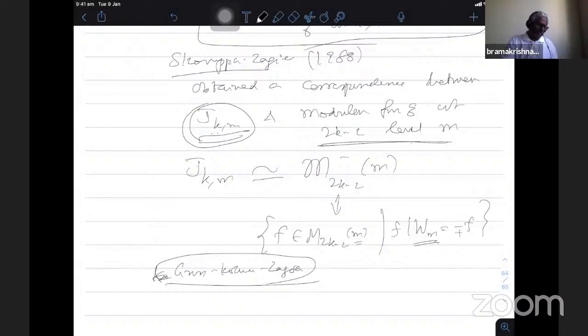So I think I'll stop now. If you have any questions, you ask me now. In the next class, we will talk about the special properties. Tomorrow, I'll give more generalized results in this direction. Whatever I know, I'll try to compile and present it tomorrow.